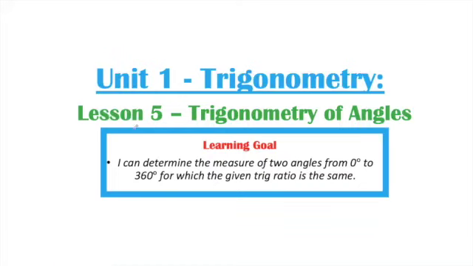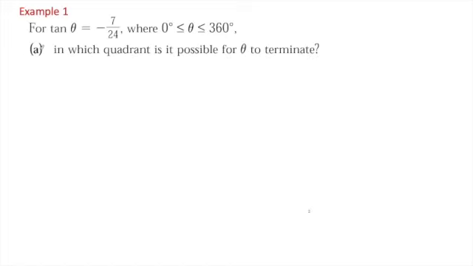So welcome to Lesson 5, Trigonometry of Angles. Today we are determining the measure of two angles from 0 to 360 degrees for which the given trig ratio is the same. And really what this is just solidifying your understanding of what we've done the last couple of lessons. So for our first example, we have tan theta equals negative 7 over 24, where theta is between